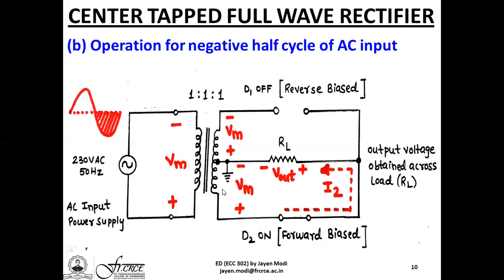Many center tap transformers practically have a configuration 1 is to half, meaning that if you remove the center tap, they are essentially isolation transformers having a transformation ratio 1 is to 1, but the center tap is located at the exact middle, meaning that you are basically splitting the secondary voltage into two equal parts. So here, if we have a Vm, this becomes Vm by 2, this also becomes Vm by 2. So the bottom line is, with this particular center tap, which is splitting the secondary winding, the voltage which you have at the output is exactly half, or much lower as compared to the primary input signal voltage.